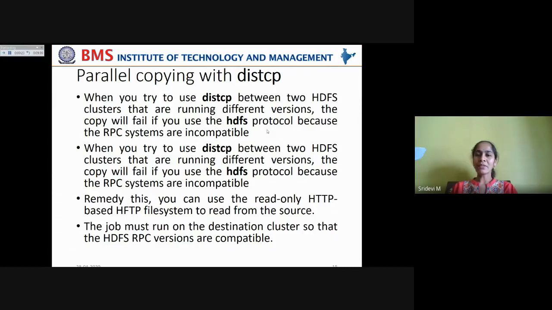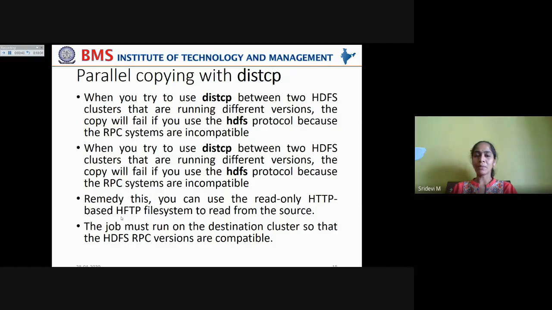Then in that case, you have to try with HFTP. So the remedy for this is to use the HFTP file system. You understood about this in Hadoop file system implementations, right?